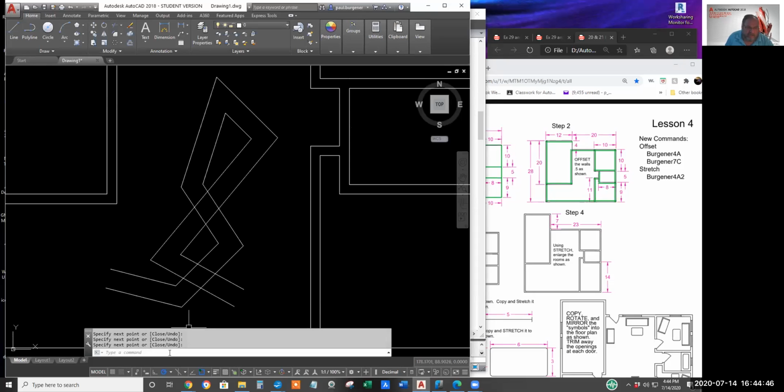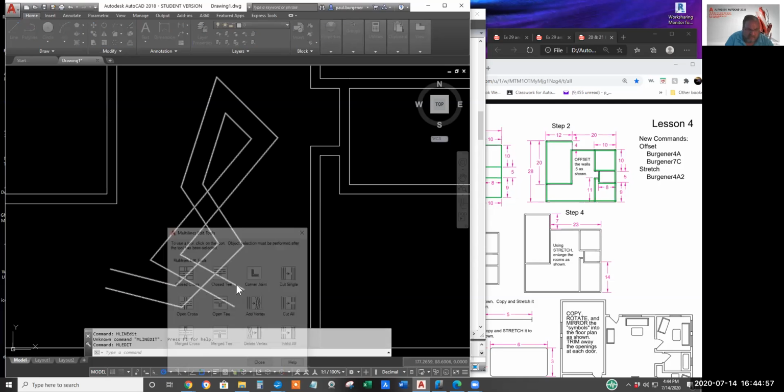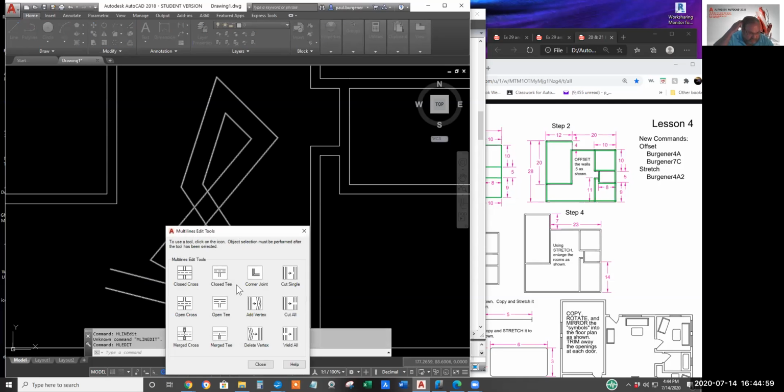I think you got to bring up a mline edit command. ML edit. Select the type of intersection you like.